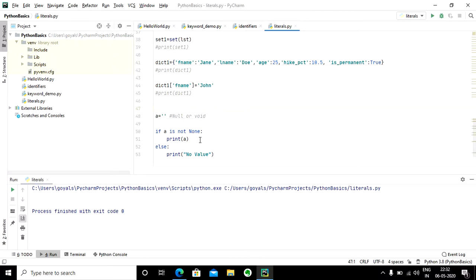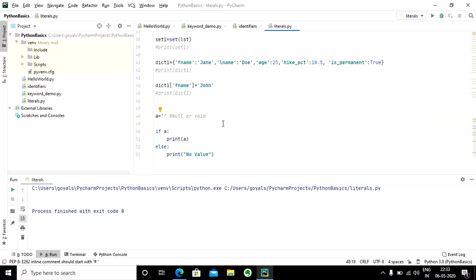Now, one of the common mistakes which people usually make while checking for None is that they execute only this much part: if a, then print a, else print no value. In that case, this is not checking for None.